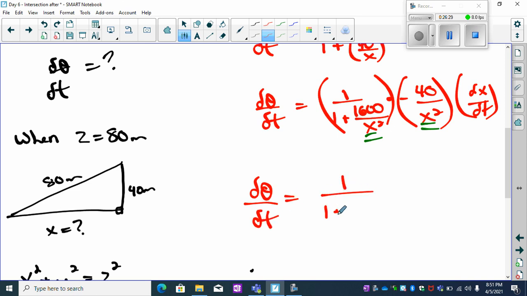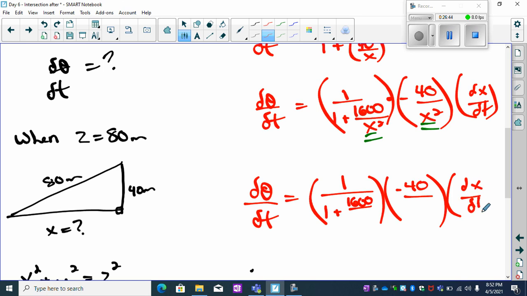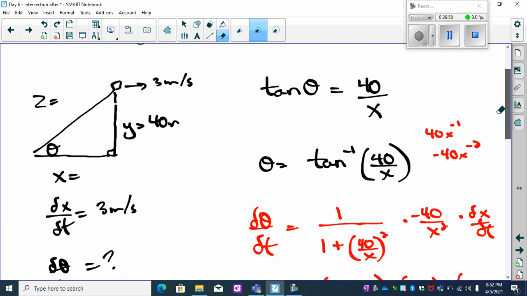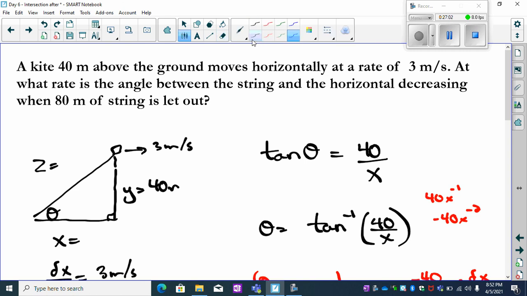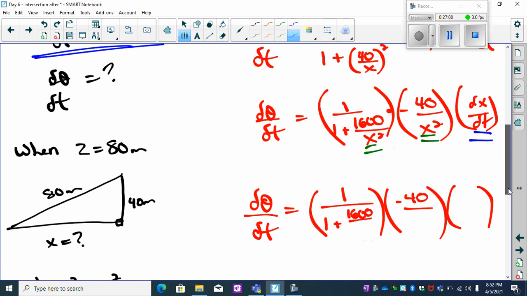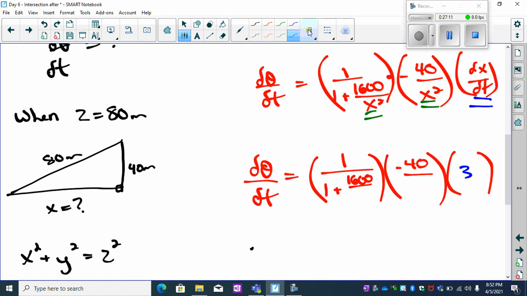work this out. So this would be 1,600 over 4,800. This is going to be negative 40 over 4,800. And this is going to be dx over dt. That's what I'm looking for. So, sorry, no, that's given. Dx over dt was given. That was the 3 meters. If you scroll back up, dx over dt, here it is at 3 meters per second. And I know x squared is 4,800. So when I fill this in,